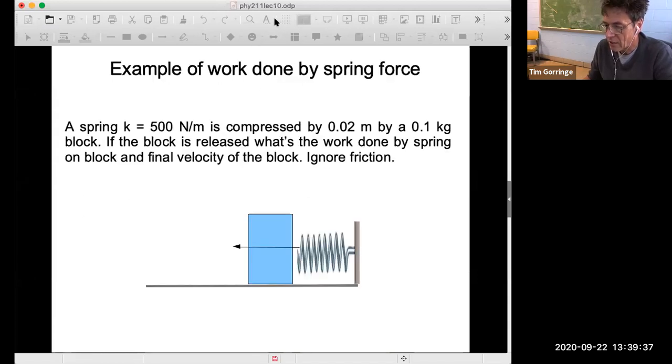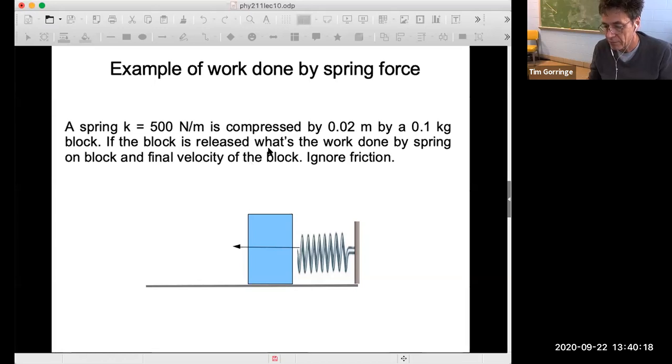So let's end the class today with an example, an illustration of spring potential energy and the work done by spring forces. In this particular problem, we're asked to imagine a situation in which we've got a spring, and we're told the spring constant is 500 newtons per meter, and it's compressed by 2 centimeters, 0.02 meters, with a block of 100 grams or 0.1 kilograms